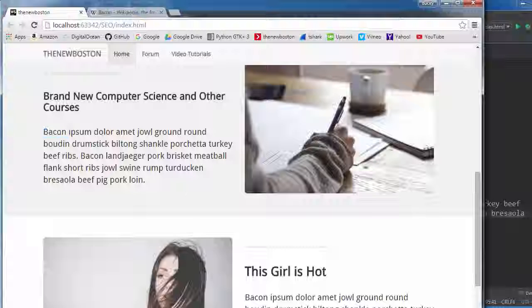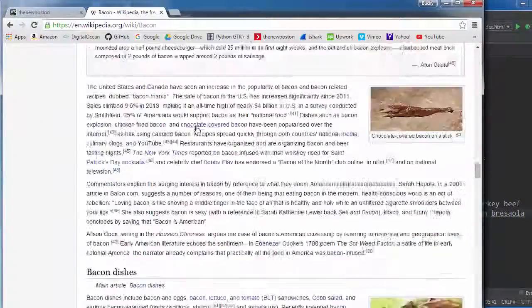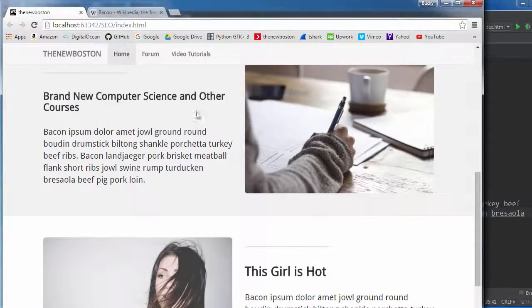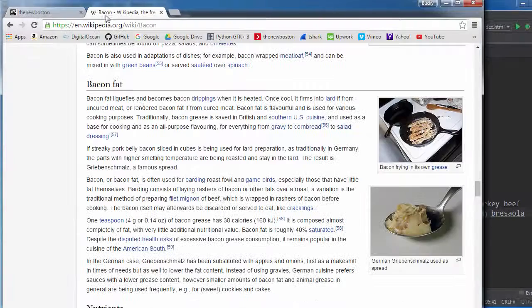Now, one of the last things I want to talk about is content length. So let's say that you're making some website about bacon. Let's stick with that. And you had a bunch of content, maybe like 5 pages worth of information. So now you have to decide, should I stick these on 5 different pages, or should I just have one long article about bacon? And the answer is, one long article. Content length is key. So it's better whenever you have a bunch of related content to have them all on the same page.